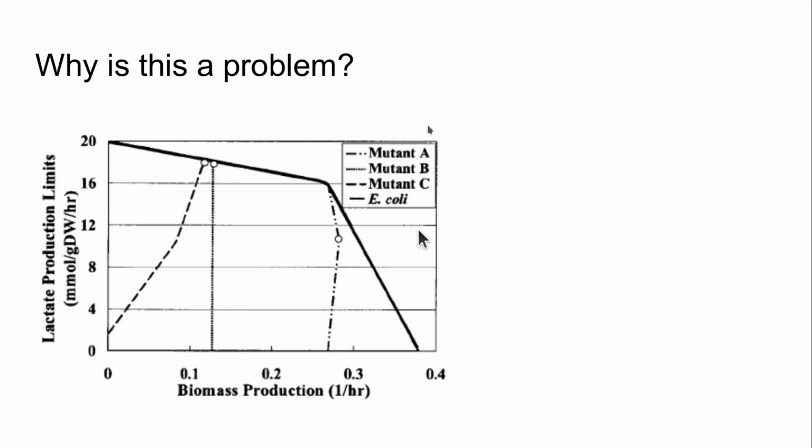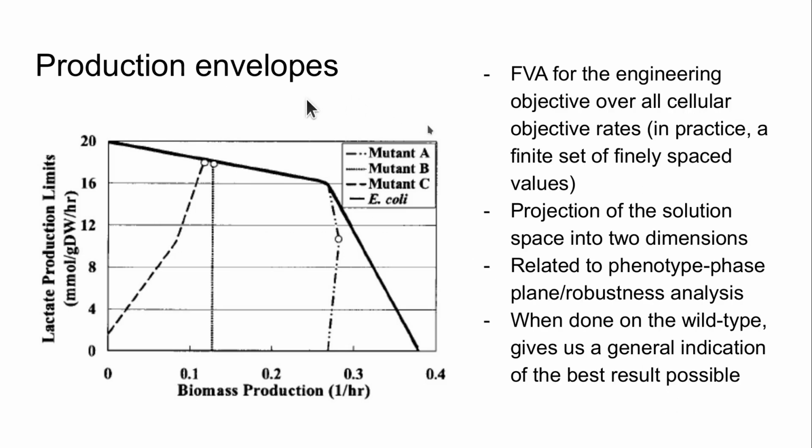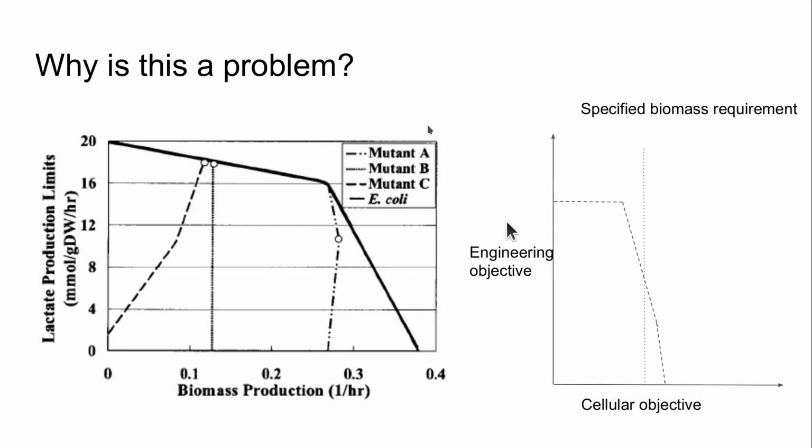Well, we use this sort of plot. This is what we call a production envelope. Yeah, actually, before we go over to production envelopes, we can also talk about another problem that we can have from this OptKnock, which is that